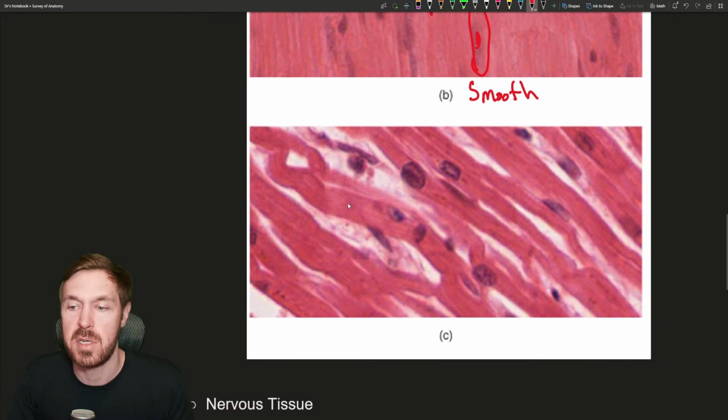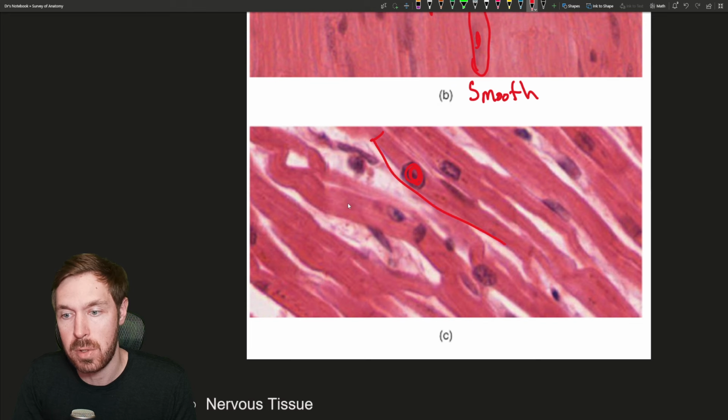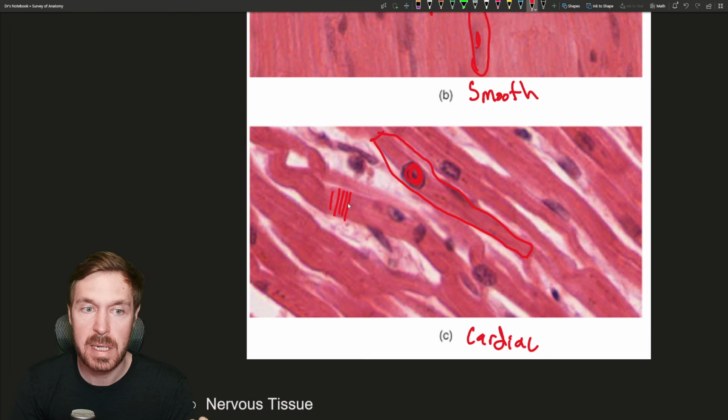This isn't a great image of cardiac, which is why I'm going to record the next video. But you can see uninucleate cells, and they are a little shorter here. And they can also branch and communicate around. And so these short cells, and if you look really close, you can't see it in this image. That's why I said this image isn't great. There are striations that are found here too. Another thing that's found in cardiac, let me write that down here, are these things called